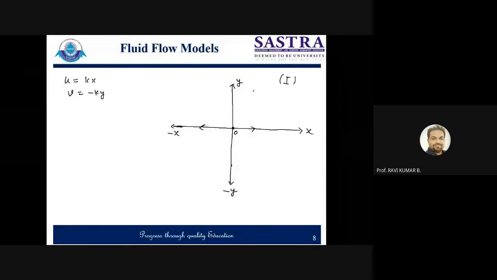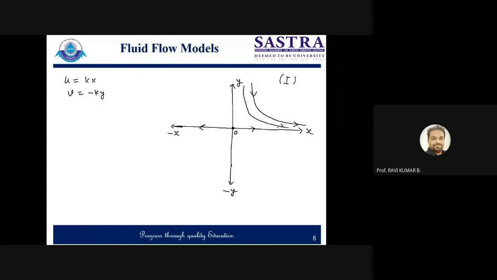So let's suppose for one coordinate you are drawing one curve. A hyperbola we usually draw like this. Now, as I said, for positive values v is negative, so v is going vertically down, so I can show the direction like this, and u is going along the positive direction, so I can show it like this. So the direction we have already clearly identified. This is for one value of coordinate. Similarly, you can draw for another value of coordinate.